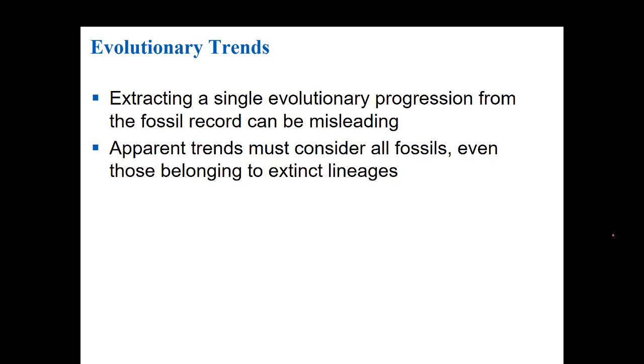Extracting a single evolutionary progression from the fossil record can also be misleading. And so apparent trends must consider all fossils, even those belonging to extinct lineages. So you can't just take one example from one fossil record and come up with a theory that tells you where this animal lived, what it ate, where it came from. Instead, we look at multiple fossil records of its previous ancestors and even those that are maybe